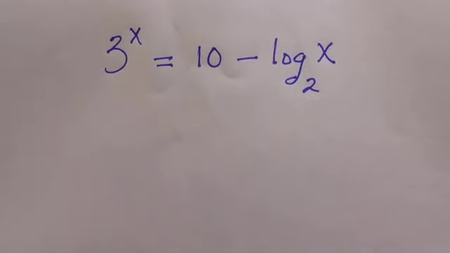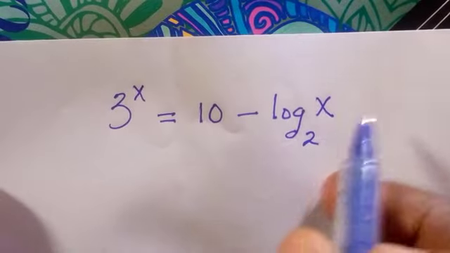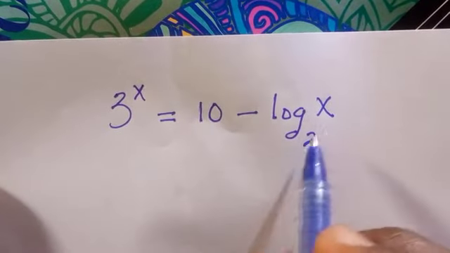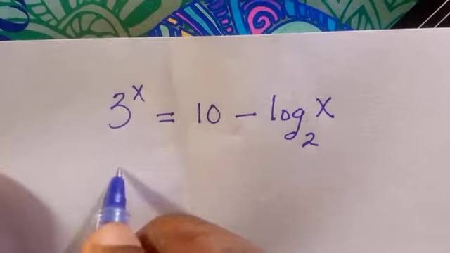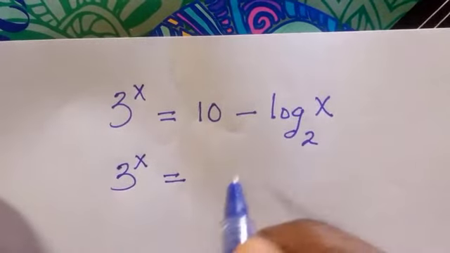Welcome to another video. In this problem of exponential logarithm, which is 3 to the power x equals 10 minus log x base 2, we want to find the value of x in this problem. So what we are going to do here is, if you have 3 to the power of x equals,